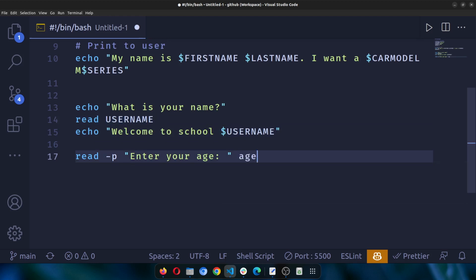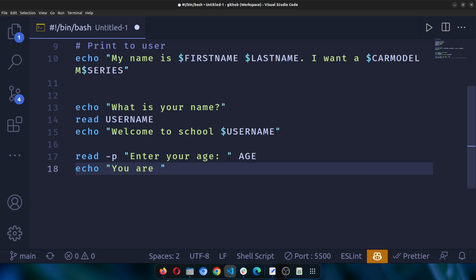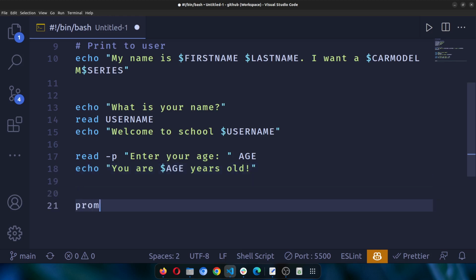Then if I now use age, I can print out: you are age years old. Remember in JavaScript, prompt, how are you? So this is how you write prompt in JavaScript, but in shell you write it this way. So you see,